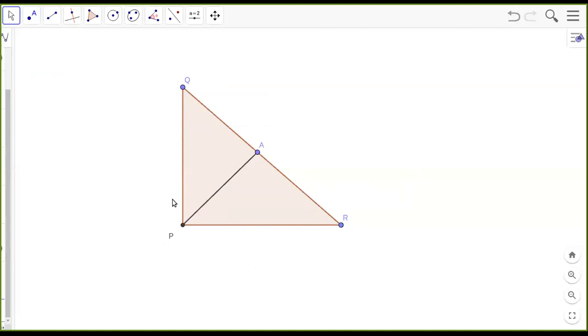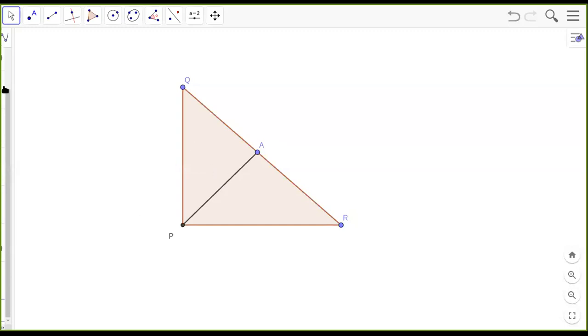I have a right triangle PQR, right angled at P, and from P I have dropped a perpendicular to the hypotenuse QR, and hence these two are going to be 90 degrees each. Now it is a very similar situation we have just seen. When I drop a perpendicular from the right angle to the hypotenuse, what will this perpendicular do? Just now we have seen the theorem. It will divide the triangle into two similar triangles. These two smaller triangles will be similar to each other and they'll be similar to the original triangle also. So I can definitely tell that the two smaller triangles are also similar to each other.